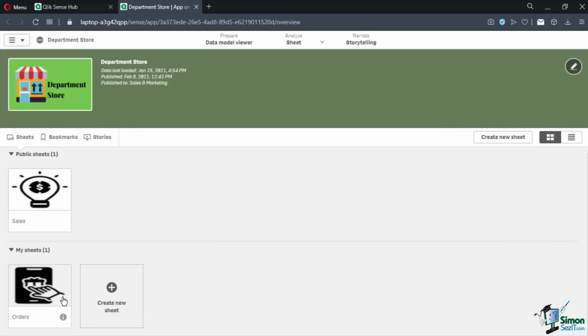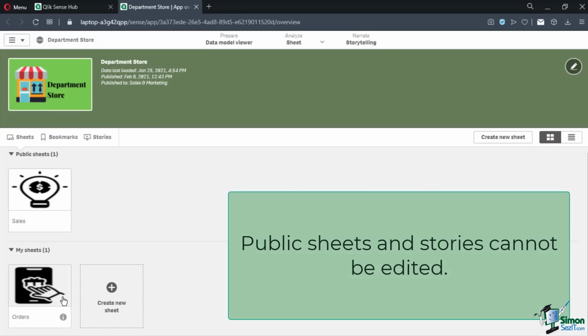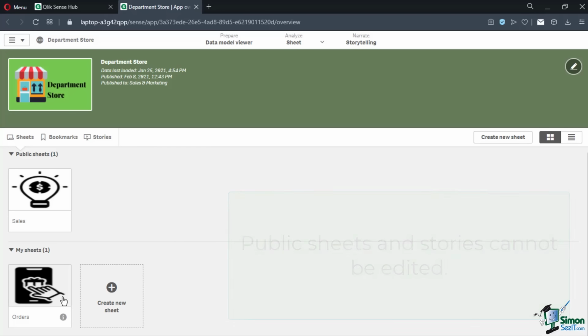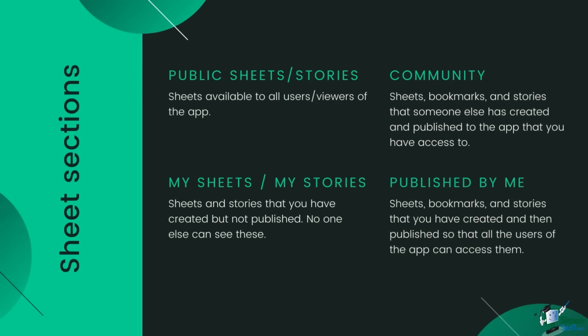You can also do the same for stories, but keep in mind that you cannot edit the public sheets and public stories of the app, but you can make them private sheets and stories if you want to edit them. Here's a quick rundown of the sheet view sections that you can see in the app preview of a published app. Published sheets or public stories are sheets available to all